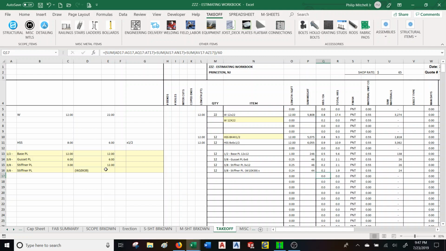But there are times when things have to be welded in the field. So in order to do that efficiently and keep everything in a more cohesive, linear fashion or standard way of taking things off, and to identify what's being shipped loose or what's being welded in the shop, I just ship loose option,